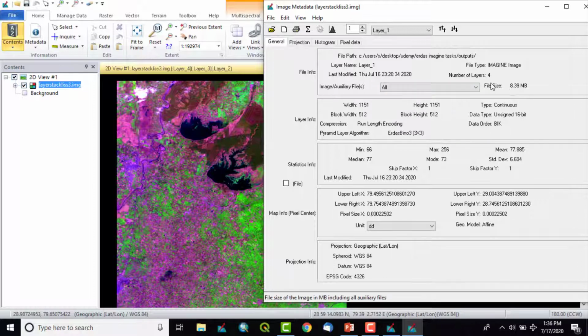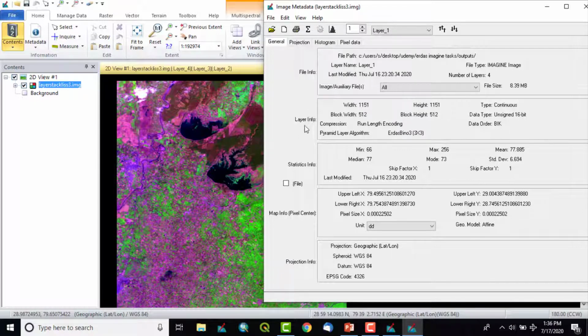Since this is LISS-3 data, it is very compact data. Its memory is very low, 8.39 megabytes. When we deal with Landsat data, opposite to this, we have huge data like 1 GB, 1.5 GB, 2 GB of a single path-row scene of the satellite image.